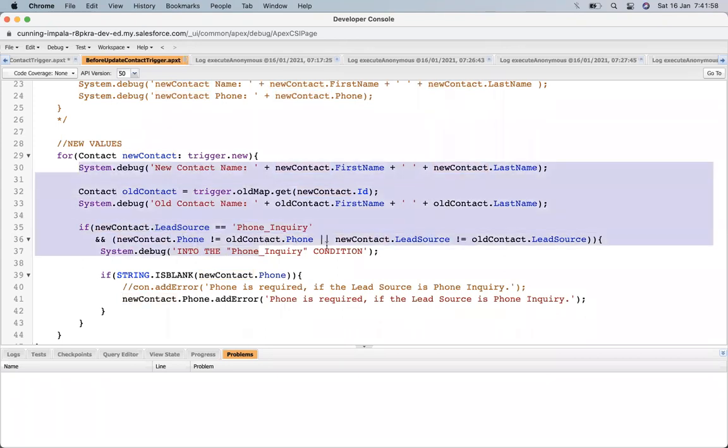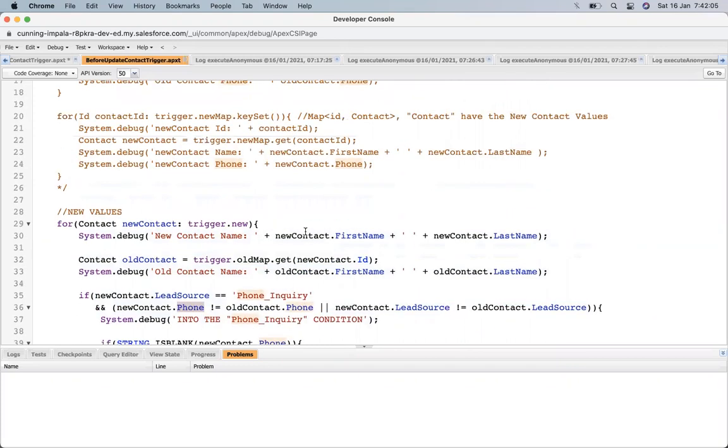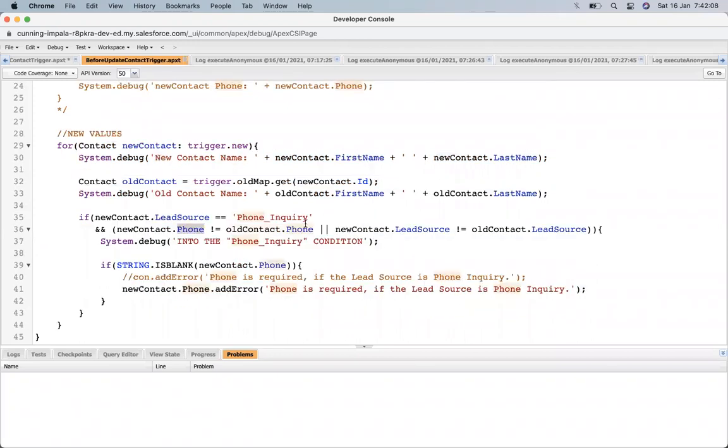The concept will always remain the same for the update condition: we need to check what the old and new value is for any record. Any record that comes into this trigger, we need to check whether that record is changed or not. If it is changed only for the field on which we have to work, then we have to run the trigger. Else we don't need to run the trigger. We just have to skip that part.